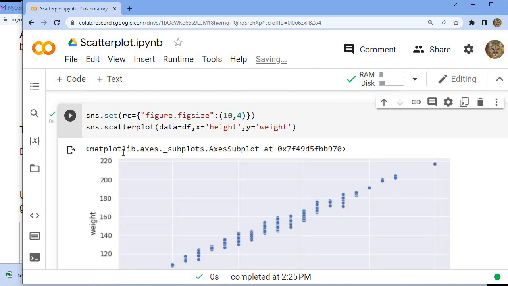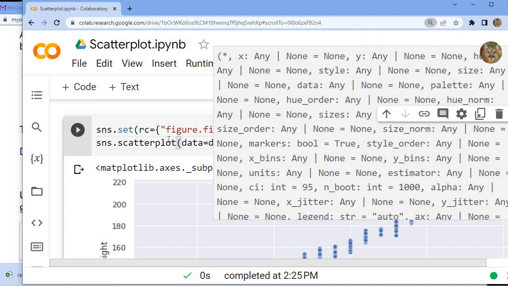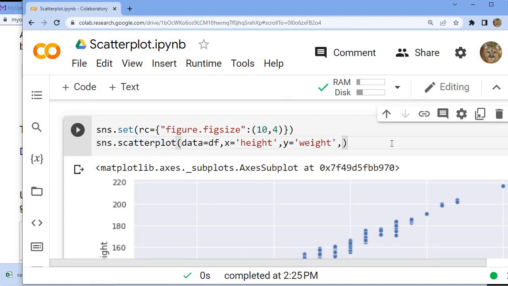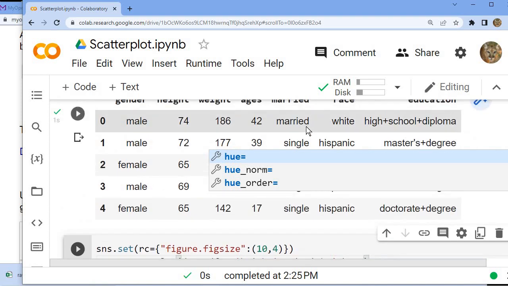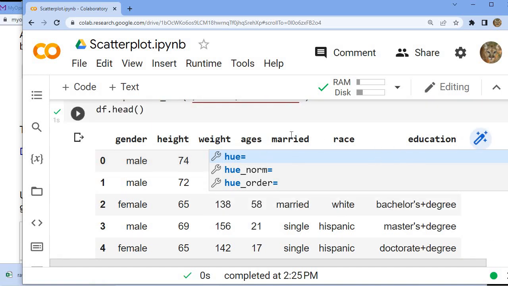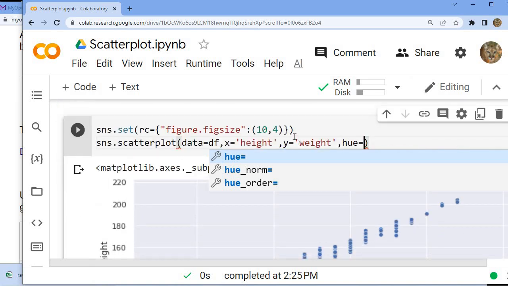That's the scatter plot. They also wanted me to separate this by gender. To separate it by gender, I do have to set one other parameter here, called the hue. I'm going to let the hue be a categorical variable that I want to separate these ordered pairs by. And the categorical variable they wanted me to use was gender. One of the variables up here was gender, the very first variable. So I'm going to separate those ordered pairs into males and females by setting the hue equal to single